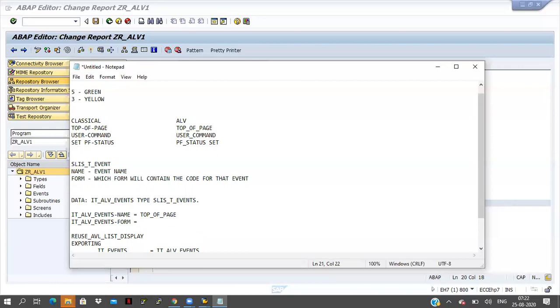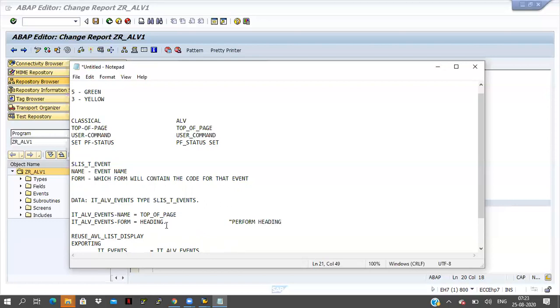Which form will handle this top of page event? Here I am giving the form name as heading. Whenever you pass heading to this form name, then in the back end it will call perform heading.